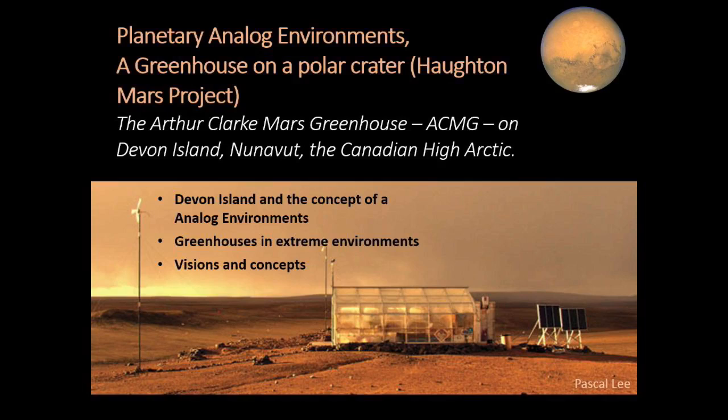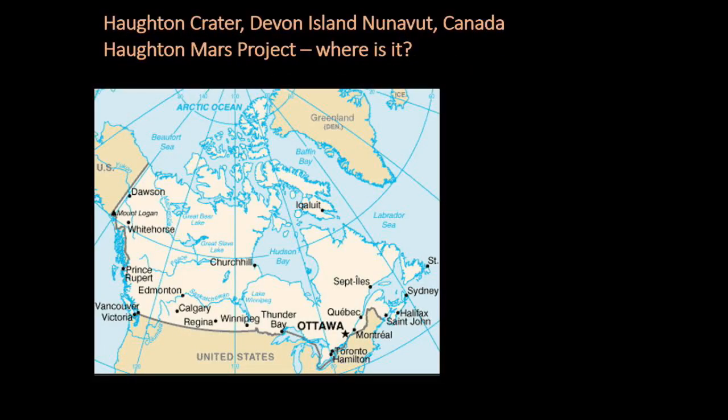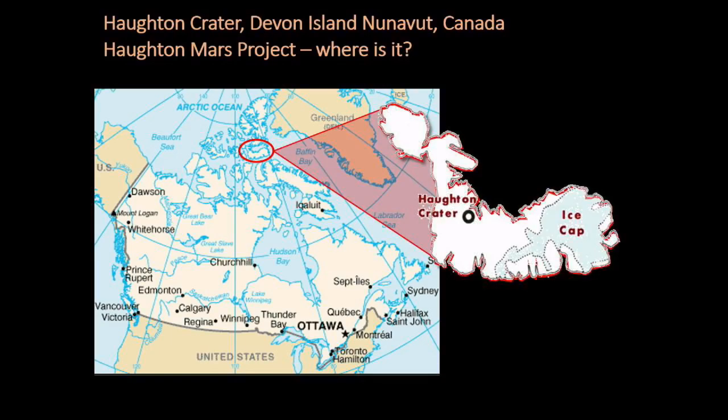It's a northern polar desert. It's above the Arctic Circle. And there's a project that takes place there every year called the Haughton-Mars Project. And what they do there is they use that island and that area to simulate a lot of things about being on Mars because, as Annalisa mentioned, it's remote. It's a polar desert. Nothing lives there, so it is a nice analog from the perspective of being a lonely,